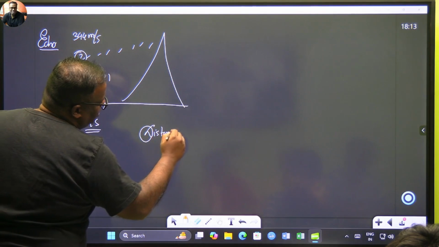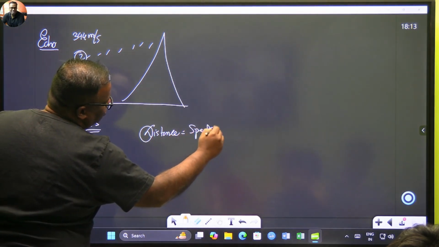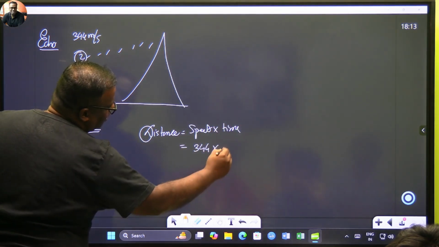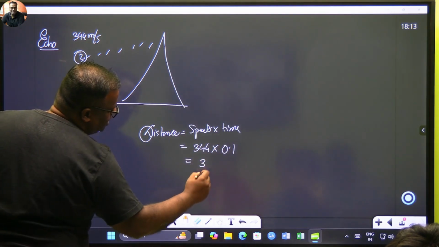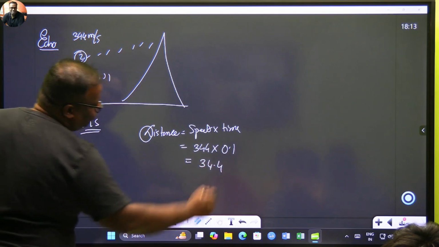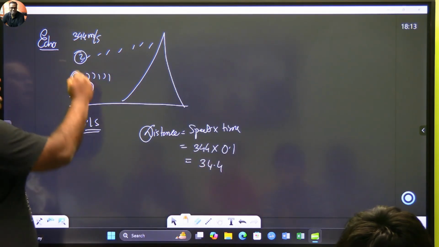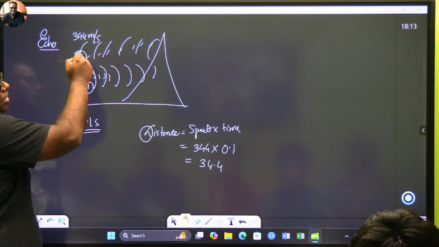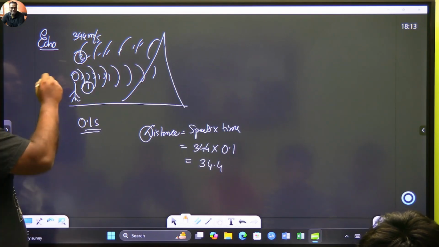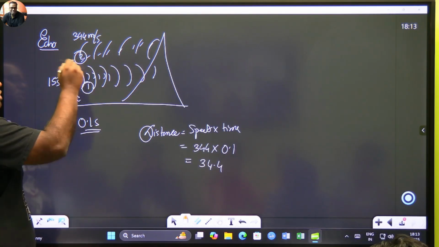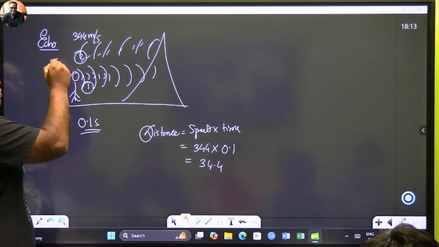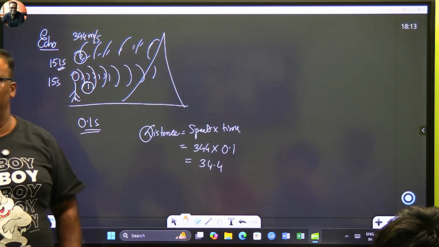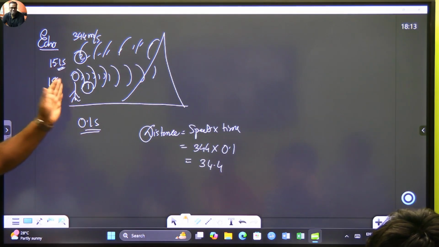Distance is equal to speed into time, है ना। स्पीड कितना है साउंड का 344, टाइम इंटरवल कितना है 0.1, तो कितना डिस्टेंस उस वेव ने ट्रेवल किया, 34.4 ट्रेवल किया। कौन सा वेव? आपके जुबान से जो वेव गया और फिर जो वापस आया, इसके बीच में सपोज यू क्रिएटेड दिस नॉइज एट द 15 सेकेंड, दिस शुड मिनिमम कम बैक टू यू एट 15.1 सेकेंड में। उससे पहले अगर आ गया ना तो आप एको नहीं सुन पाएंगे मिनिमम।